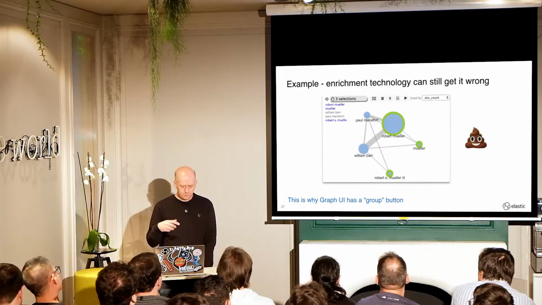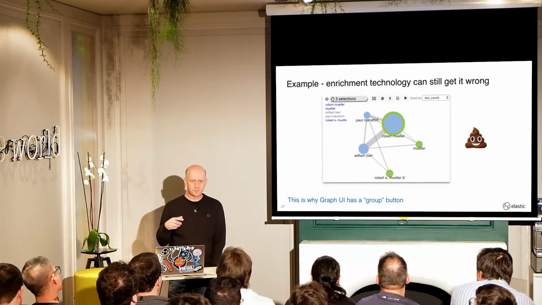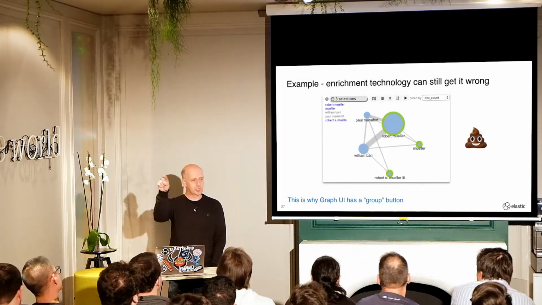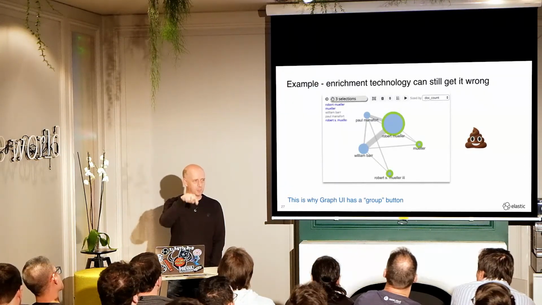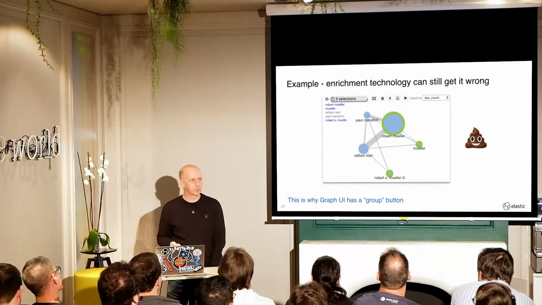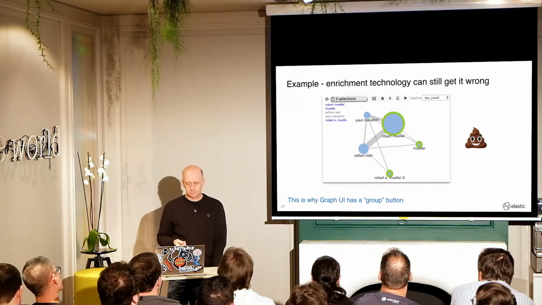That's where we as humans have to step in and try to make up for that lack of understanding in the world. In the graph user interface, there's actually a grouping button. You can say, take these three things and make them one, and then it will just draw one line between Bill Barr and the various different Robert Muellers. That's a start, but I think we can go a lot further than that, to be honest.